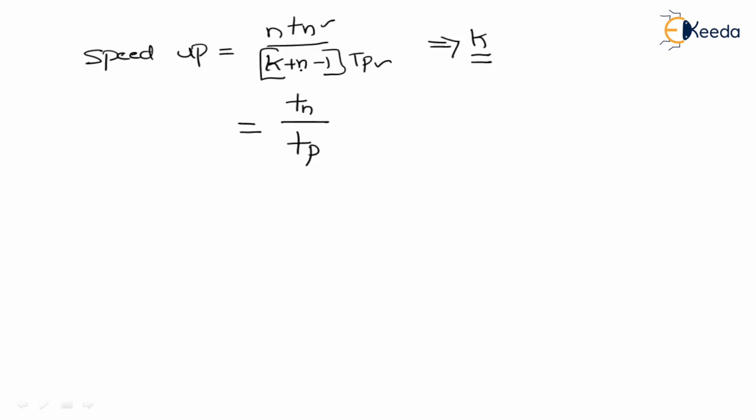Anyhow, these two will get cancelled. Okay. Speed up can also be calculated by using this formula. If the number of tasks are given, you use this formula. If the number of tasks are not given, you can use this formula. I will write it here. If number of tasks are not given,